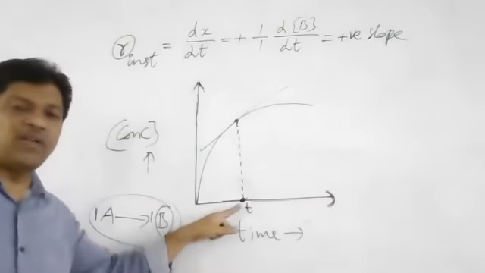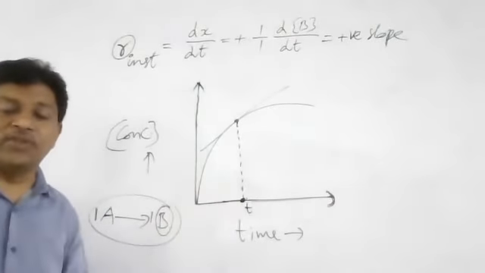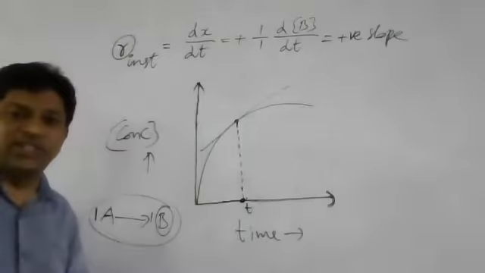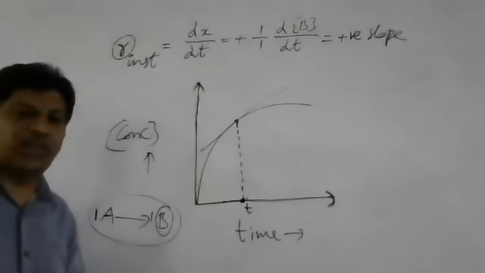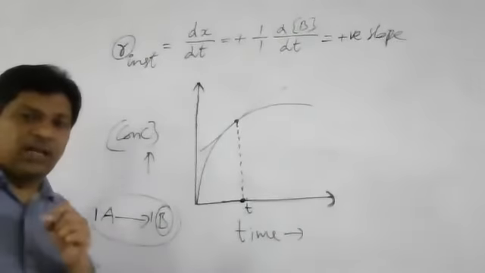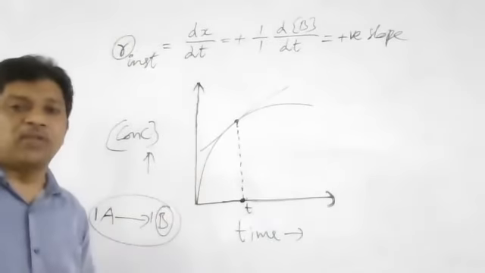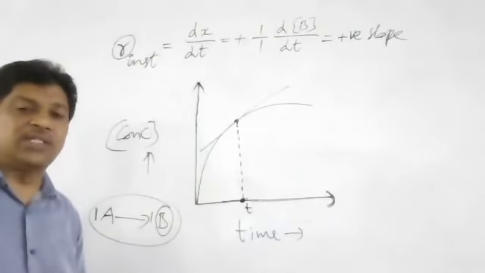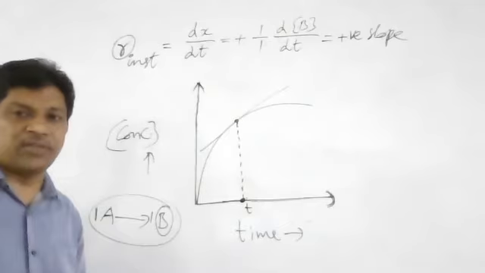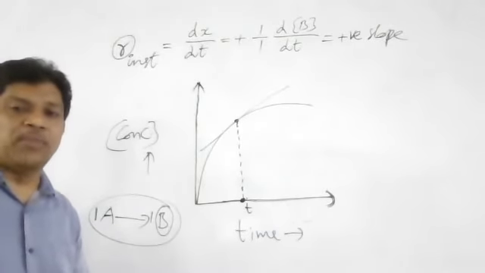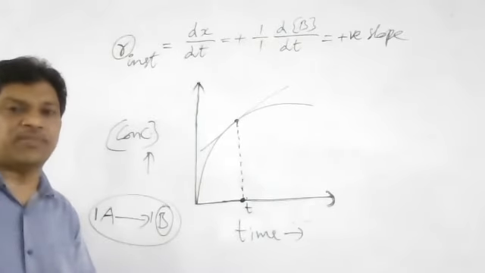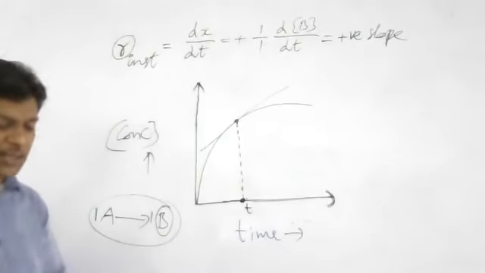At a particular instant of time, if you determine the rate of reaction, it is called the instantaneous rate of reaction. And over a large time interval, if you calculate the rate of reaction, it is called the average rate of reaction. Both will give the rate of reaction, but the accurate value at a particular time is given by the instantaneous rate of reaction. Is that clear, ma'am? Let's take a screenshot of this.